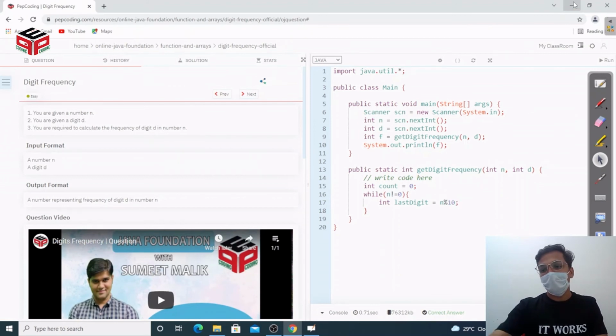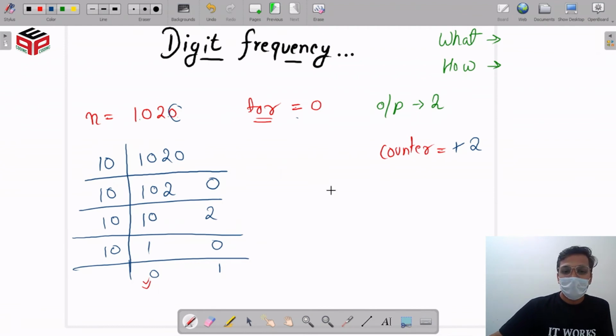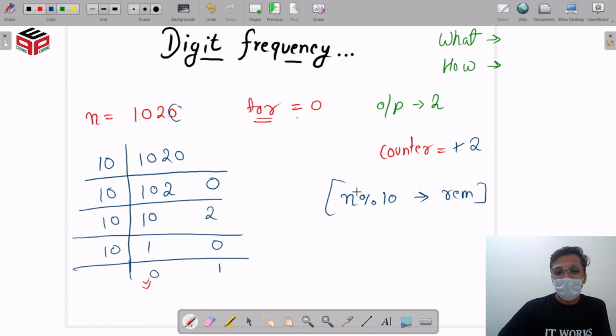The remainder of any number is calculated when the number is divided by 10. So the remainder of 1020 when divided by 10 gives us the last digit as 0.